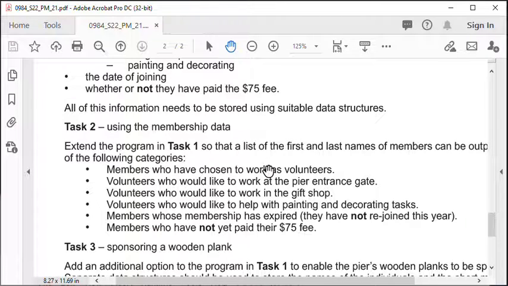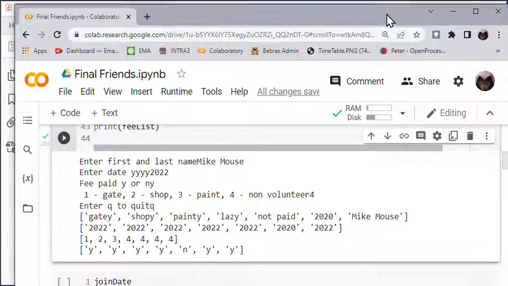So members who have chosen to work as volunteers, pier gate, the gate entrance, the shop and painting, and people whose memberships have expired, so they've not rejoined this year. That's why I'm just using year. And members who have not paid their fee. So therefore, the solution to task 2 is,